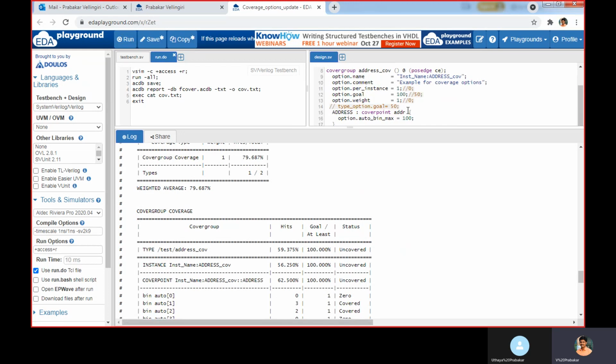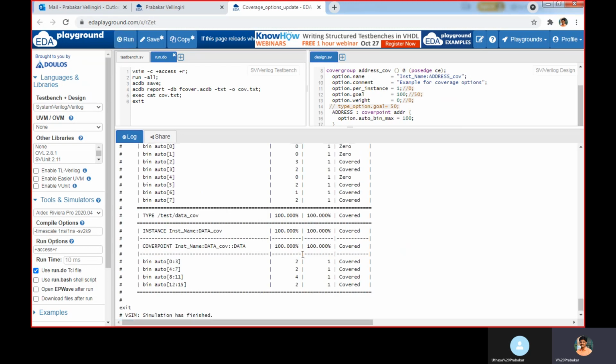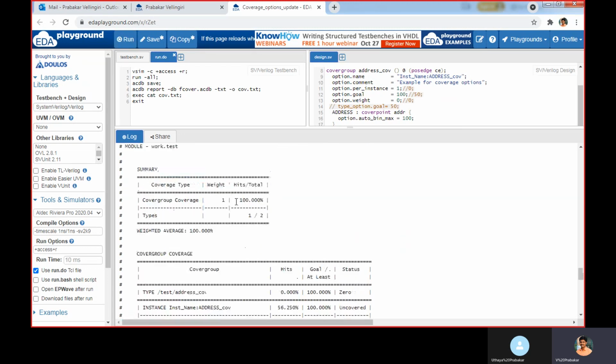Now, weightage, make it 0 for address cover. So the whole weight is given for data. If you see total coverage, we are getting 100%.